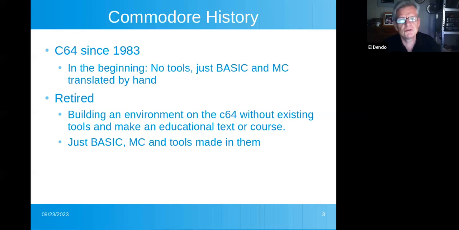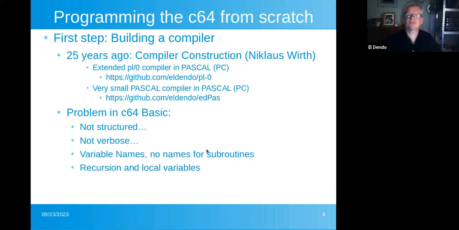What I want to do in this project is build an environment for the Commodore 64 without existing tools. Just like in 1983, I'm programming just in BASIC. If I'm using machine code, I want to do it by hand. And if I want to use other tools, I have to make them myself. That's the project. I don't know where I'm going or what I'm going to reach, but I started with building